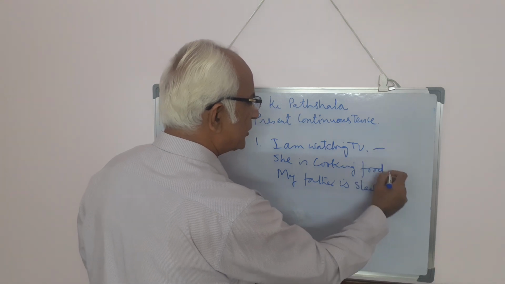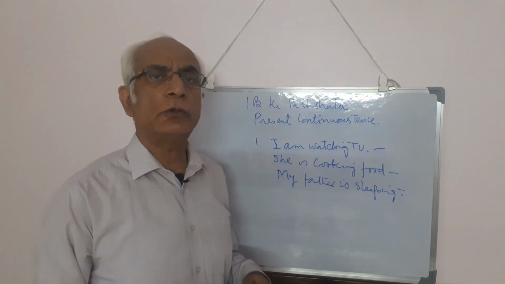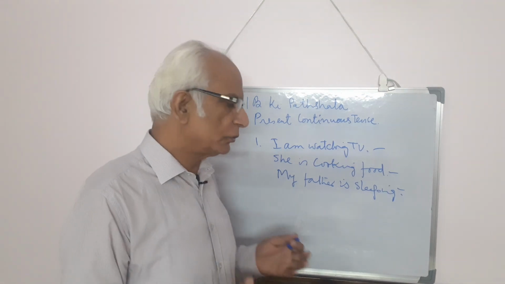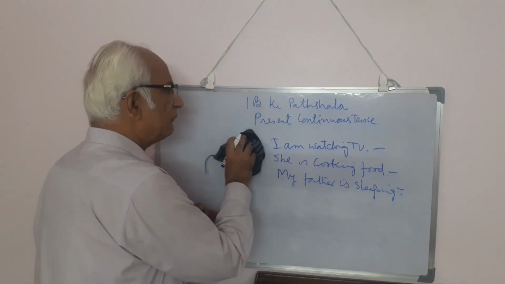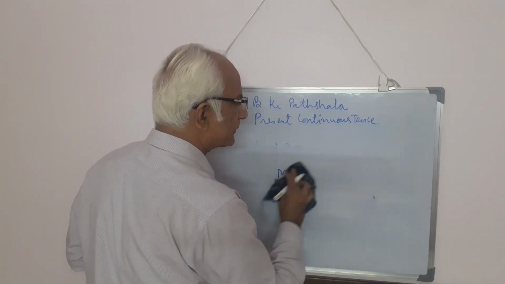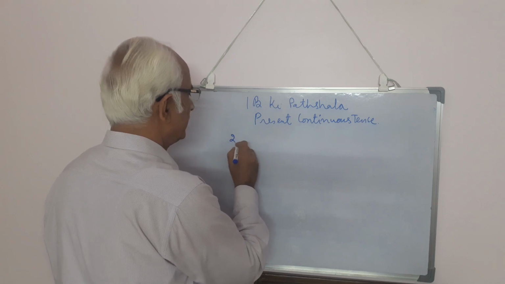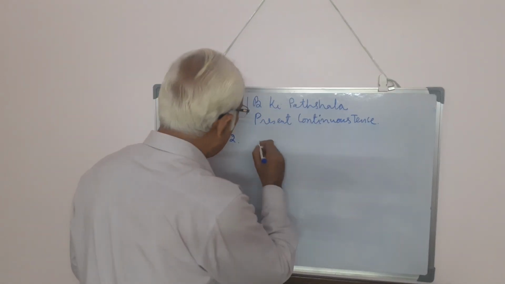So all these actions are happening when you are talking about those actions. These activities are happening when you're talking about those activities. So that is the one situation when we use present continuous tense. Second thing is an action